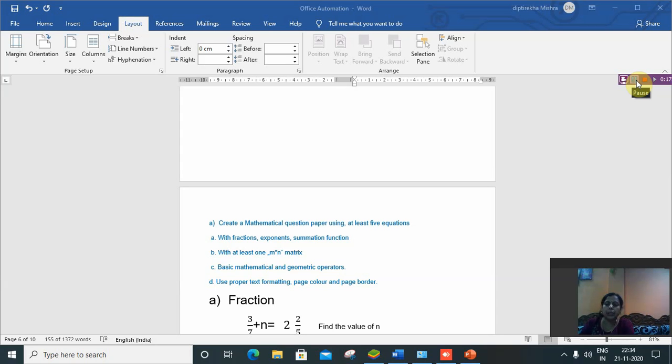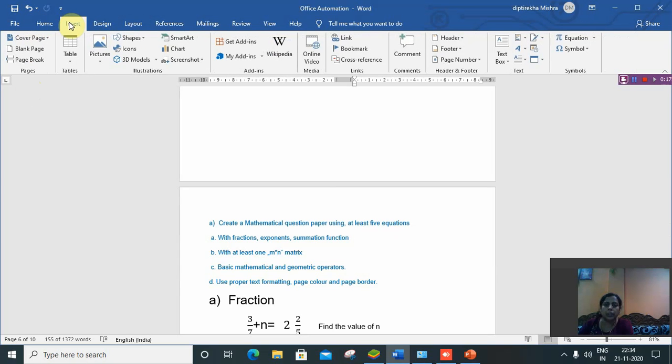In the assignment 1, we have discussed about inserting picture, inserting columns, drop cap. Okay, we have discussed about the insert tab. Now in the second question, the question is create a mathematical question paper, at least 5 question, with fraction, exponent, summation function, means we have to write some mathematical equation using MS Word.